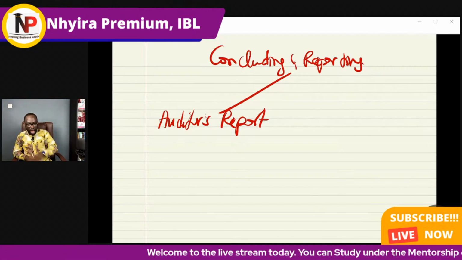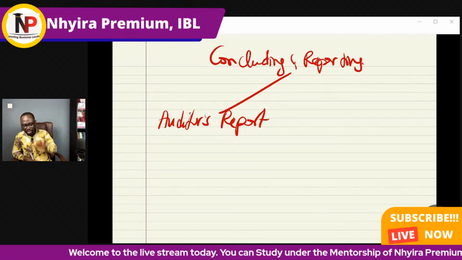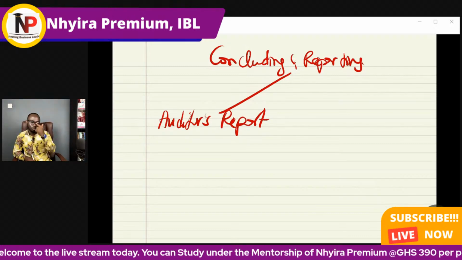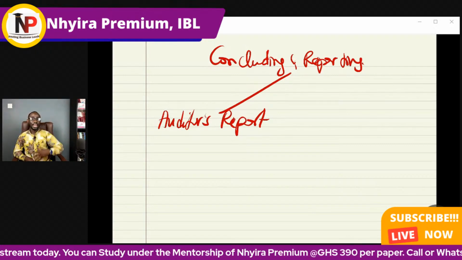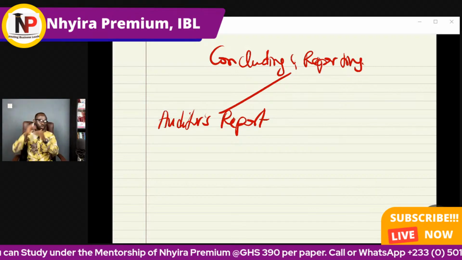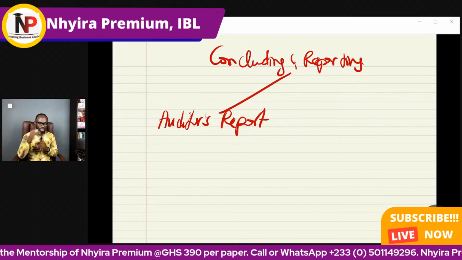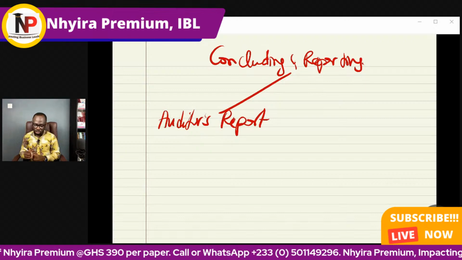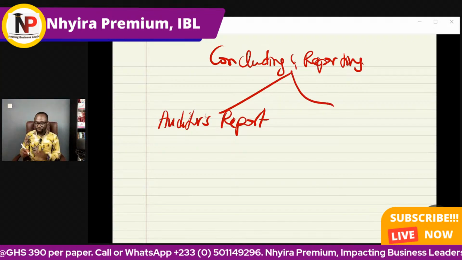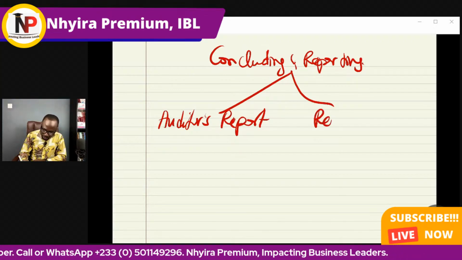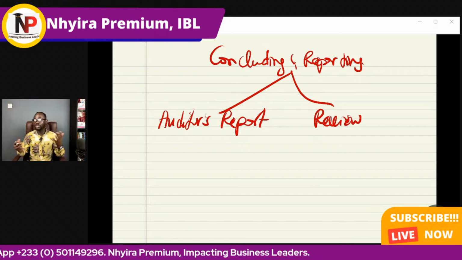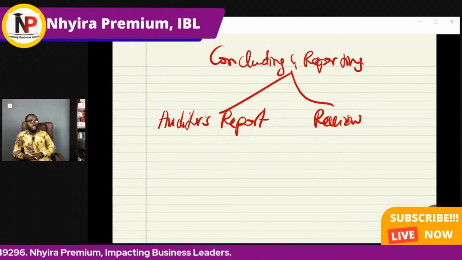The examiner is not going to ask you to prepare an auditor's report, but the examiner could ask you to look at an extract of the auditor's report. So we must know the various components, the various elements in an auditor's report. But not only that, there are other reviews that we are going to be carrying out at the conclusion stage